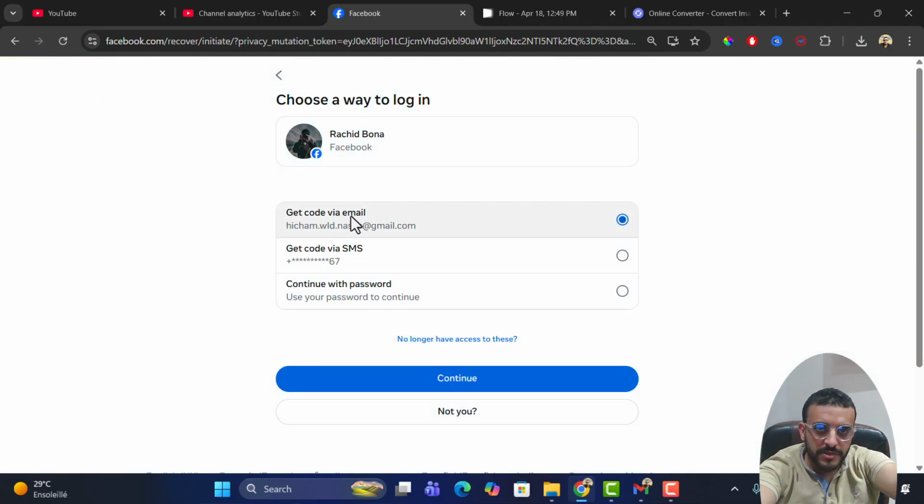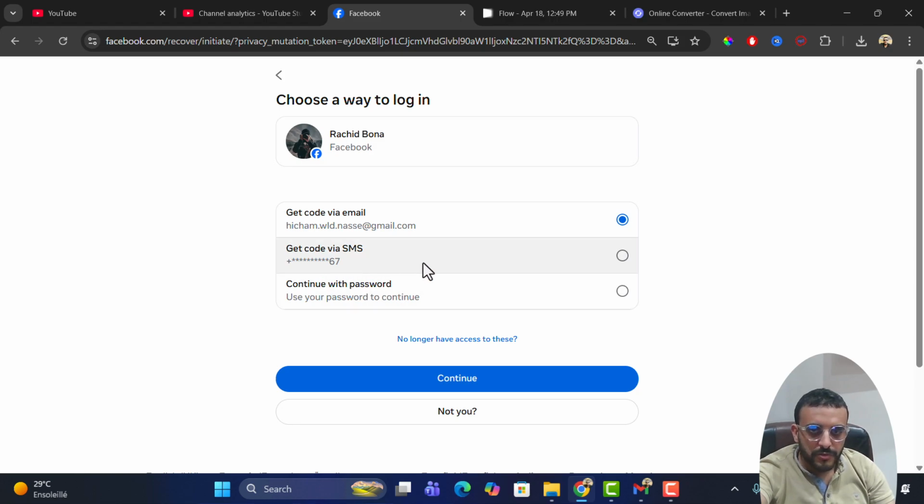And here, as you can see, I have two choices: either sending a code via SMS on my mobile phone or getting a code in my Gmail account. So let's first try the Gmail account. As you can see, you can choose the phone number if you have your number. If you don't have the option of the email, or if you don't use your email,